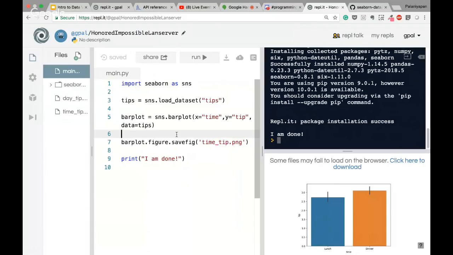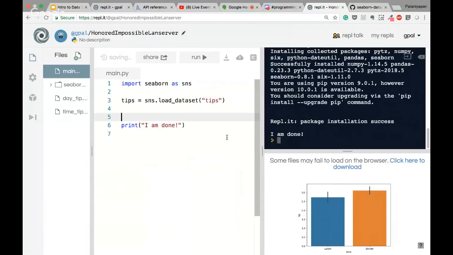Okay, so the next type of graph that we're going to be learning is called a box plot. So we just learned how to do a bar plot. We're going to learn how to do a box plot. Some of you may have learned this as a box and whisker plot in high school. So let's learn how to do that right now. So same thing, keep the same tips variable. That doesn't change. But instead of this, we're going to shake this up a little. Let's cancel this. Instead of bar plot, we're going to say box plot